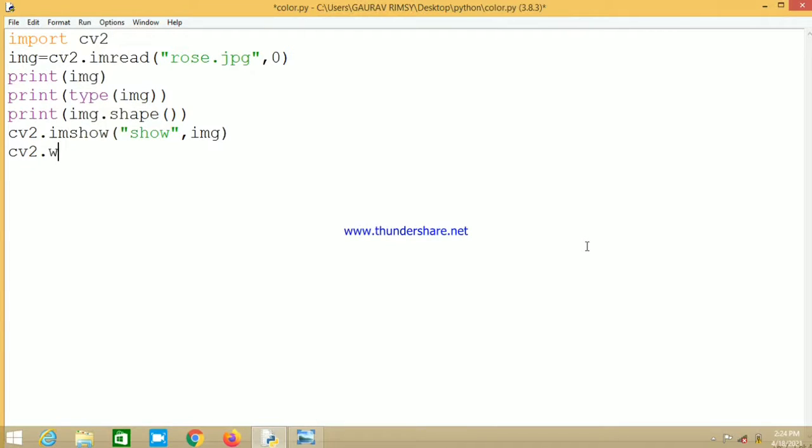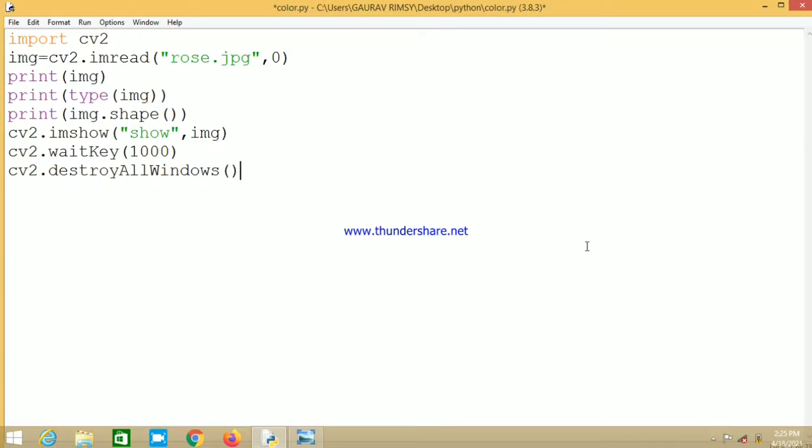Then cv2.waitKey. waitKey is a method for keyboard binding. This is an argument in milliseconds. That function will wait for this specified time period for any keyboard event. At last we are going to destroy all the windows that we have created, using cv2.destroyAllWindows.